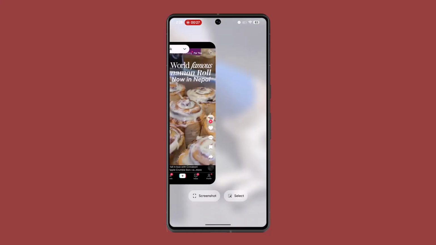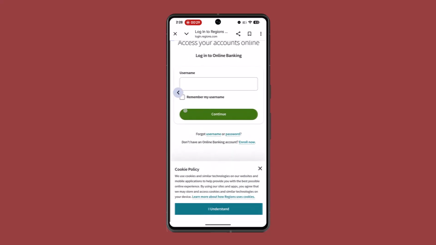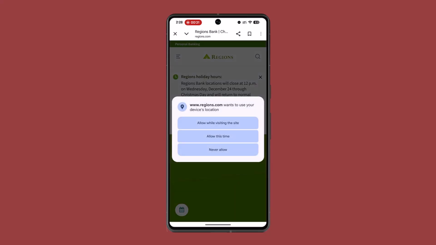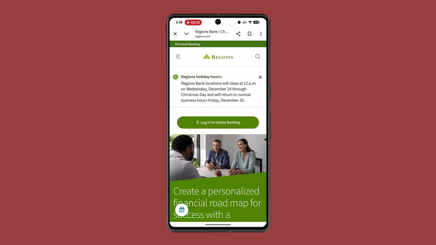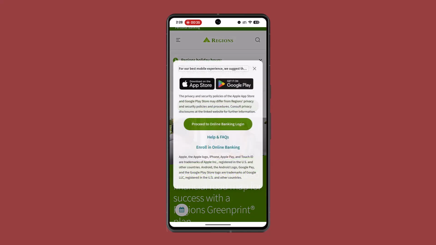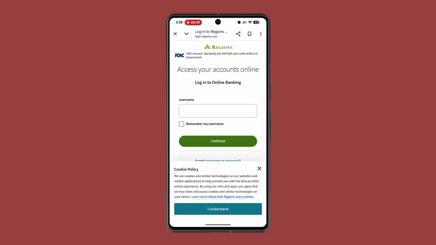Once the application is installed, you then need to go ahead and click onto the login button at the top of the page, or which is going to be located right in center. You click onto that and make sure to click on proceed to online banking, and here you will be asked to type in your user ID and the password associated with your Reasons mobile app, and that's how you'll be